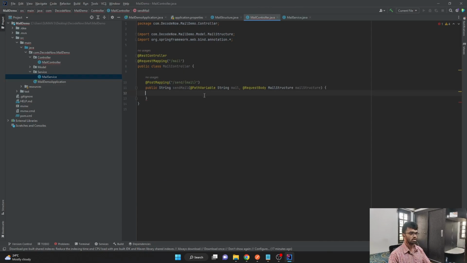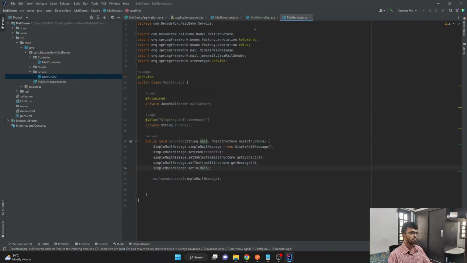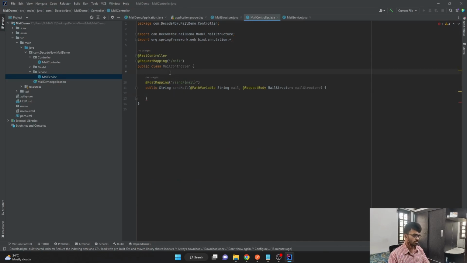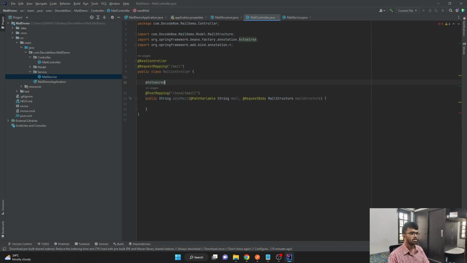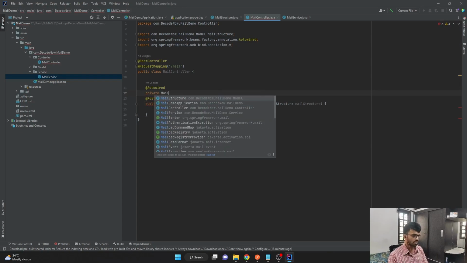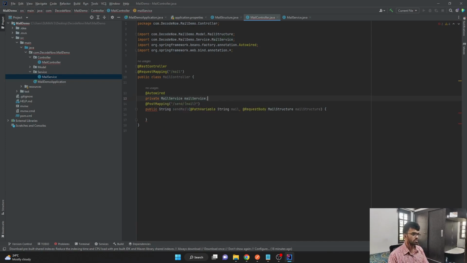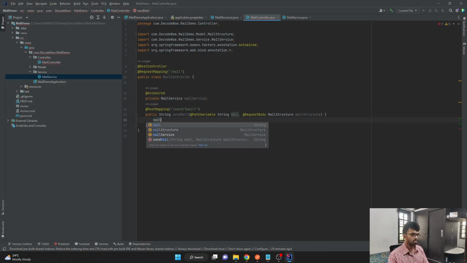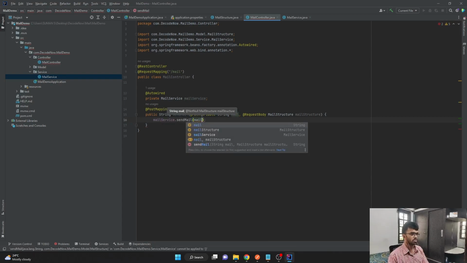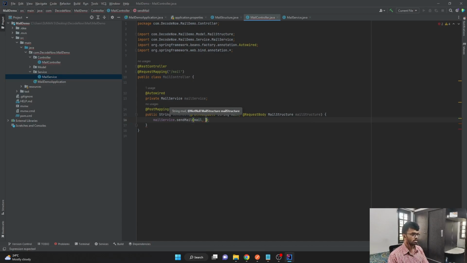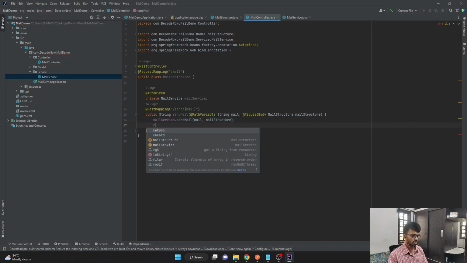Let me just go to controller class and call this particular method. For that, we need to auto wire our service class. Let me auto wire private. The name of our service class is mail service. I'll give the name as mail service itself. So now I'll call within the controller method mailService.sendMail, and it is expecting two parameters. One is the mail and then the other is the mail structure. So I'm sending both the things, and after that I'll just say